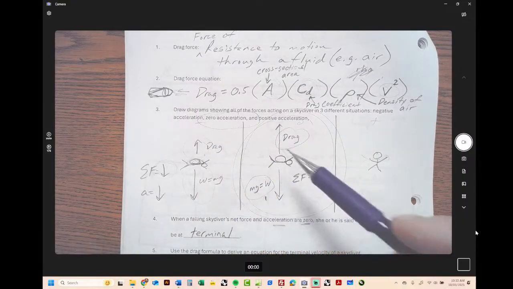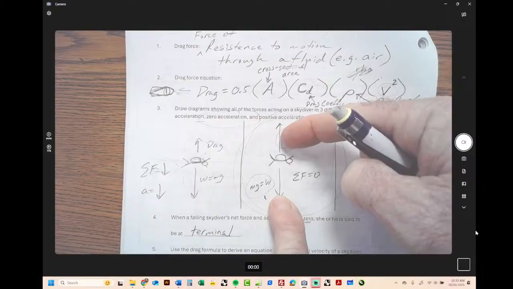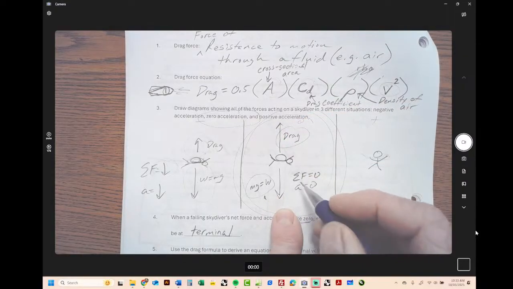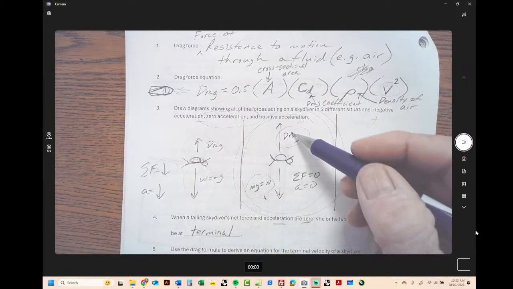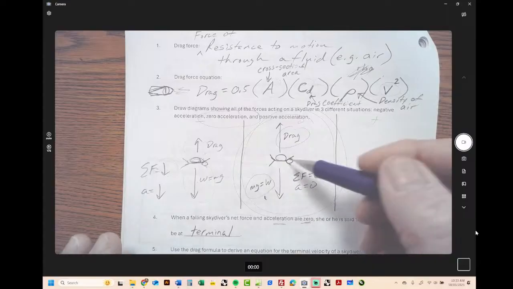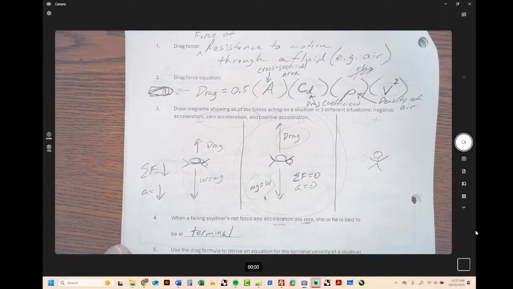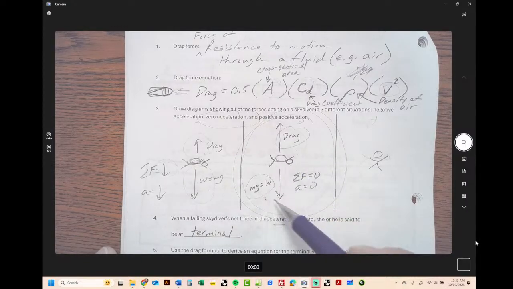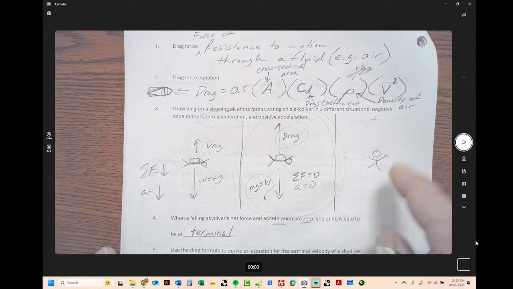So as soon as these 2 things are equal, then your net force is 0, so your acceleration is 0. So you stop going faster, and the going faster is what made the drag change. So you never change your velocity after that, and your drag doesn't change. But you can make a choice, and you can cause your velocity to change,